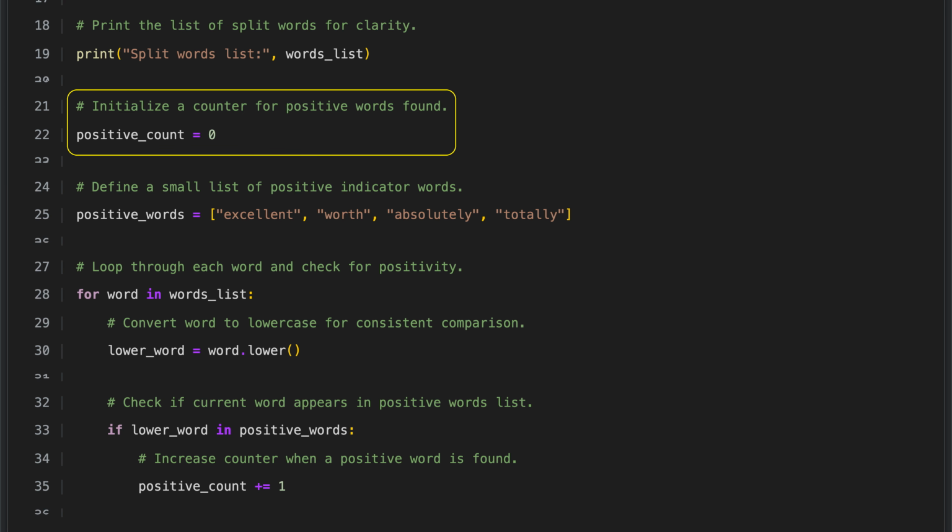This counter will track how many positive words appear as we go through the sentence. Each time we find a positive word, we increase the counter. Starting from 0 makes it easy to measure how many positive words are present and later judge the overall sentiment